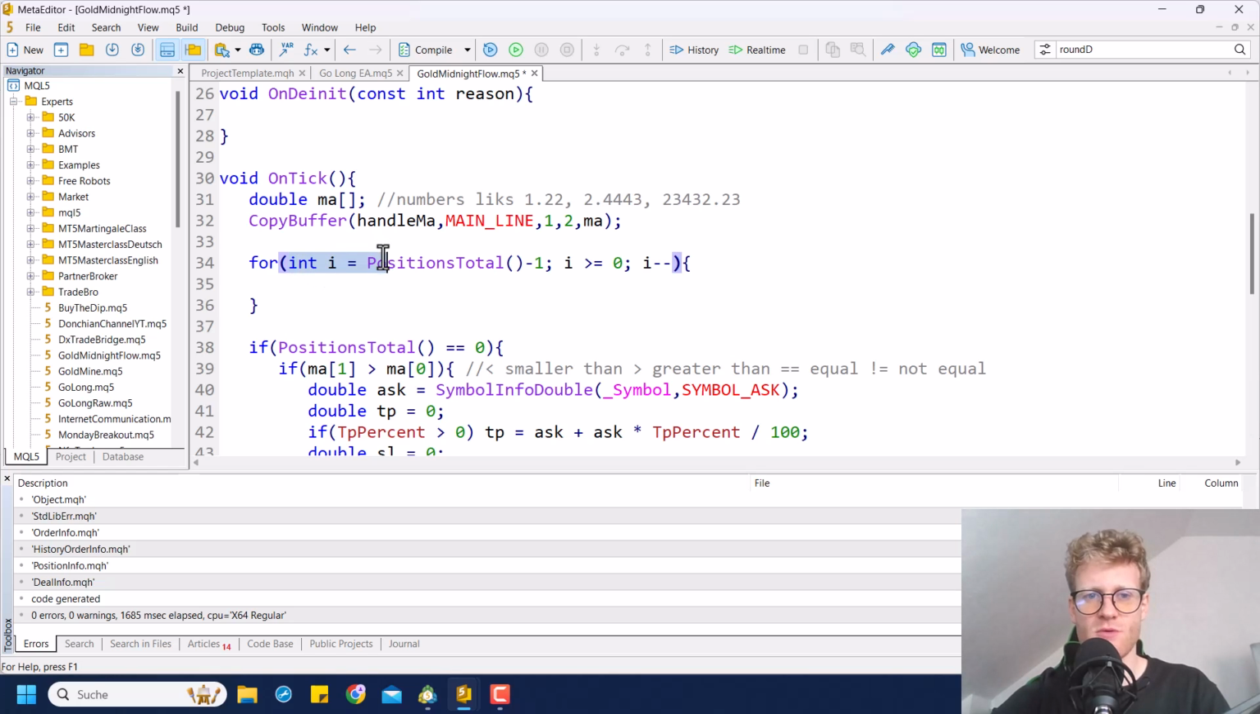So in this case, we want to loop or check all of the positions in our account. This is why I set up the loop like this. The for loop always looks like this. You write for, which is like the code word. Then in round brackets, you have this, I think it's called